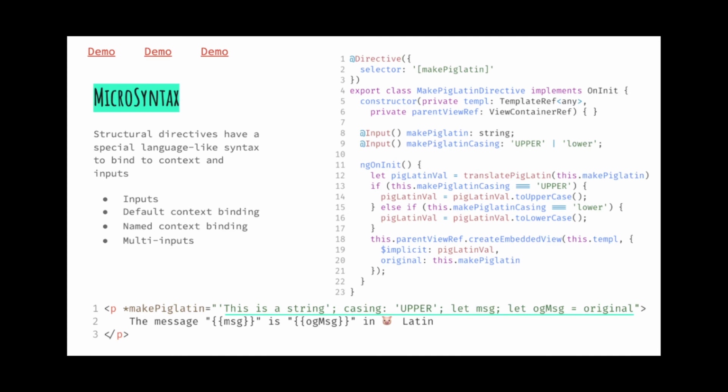So we can really take this API and make it very, very verbose. And all that means is that we just have to preface casing with make Pig Latin casing. So it's just a little bit of naming convention. We're able to utilize this very powerful